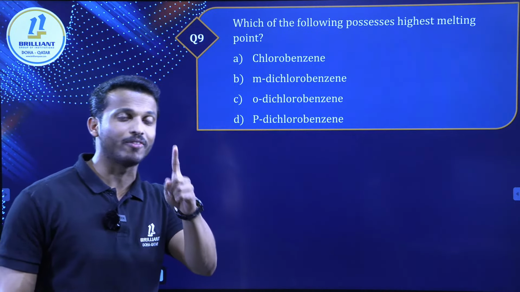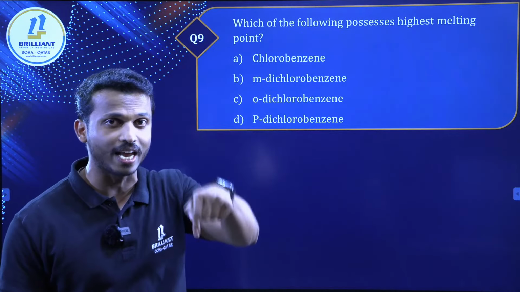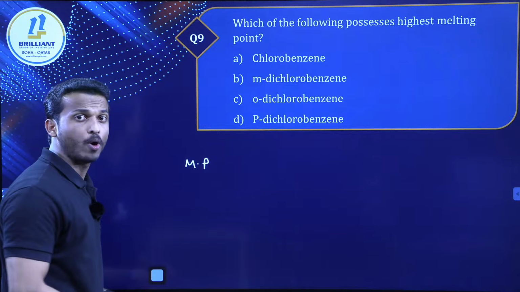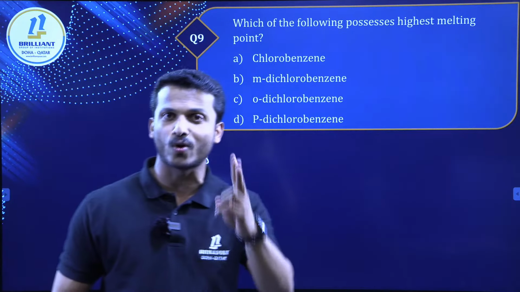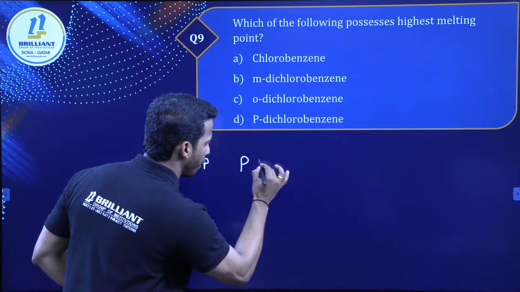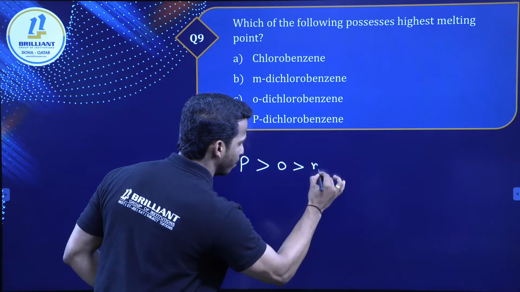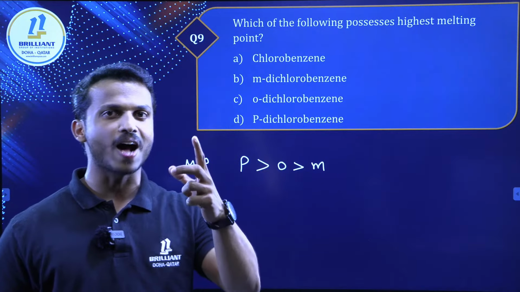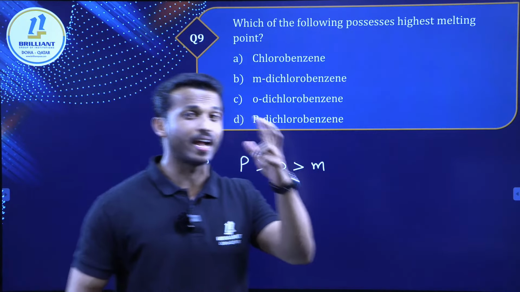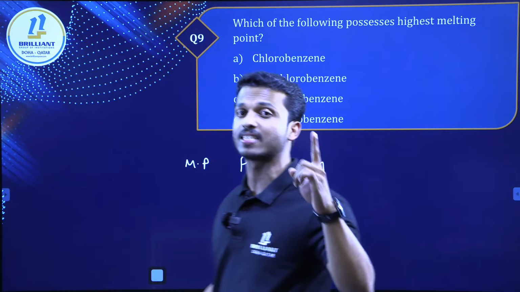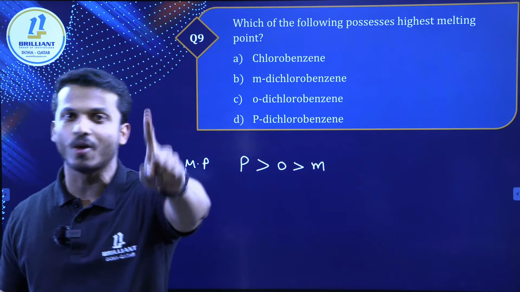But at the same time, we have to discuss 2 more questions from the same one. Dear all, melting point, if they ask you about orthodichloro, metadichloro and paradichlorobenzene, our answer is which one? POM. Just remember as a term, POM. Melting point, if they ask about para, ortho, meta, dinitrobenzene, the answer is POM. Para having greatest melting point.